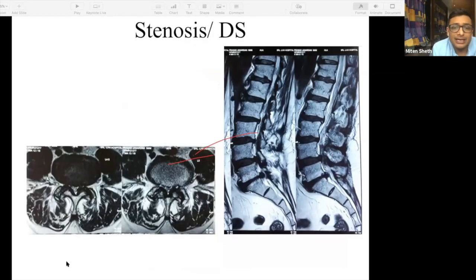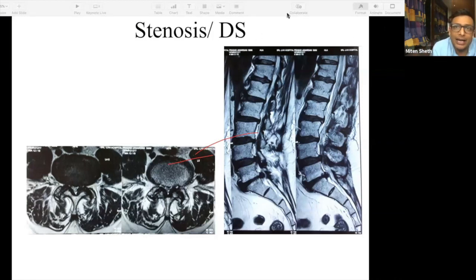Then come the next pathologies where there is stenosis. A stenosis MRI cannot be missed, because you will see a typical MRI which is dirty looking. That means an old patient, the bodies are not looking square, you are seeing different colors in the body, which means some kind of osteoporosis, all the discs are essentially black in color, and you can see some malalignment of the spine. So this is typically an MRI of a degenerative spine. Here you need to find out if this degenerative spine is of a patient who has lumbar canal stenosis, or is it just a normal degenerative spine.